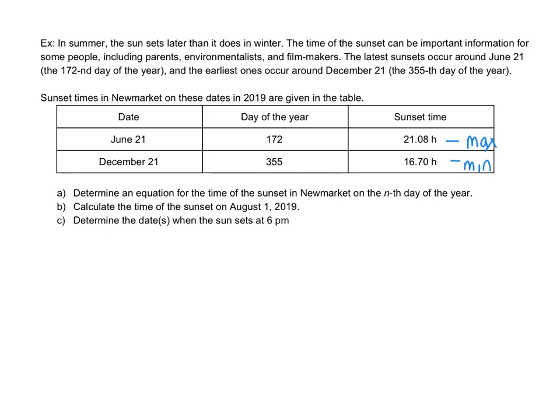So right there, if we know the time from maximum to minimum, to get a full cycle would mean to go back to the maximum, but this is just half the period. So if I subtract 355 minus 172, I get 183. So 183 would be half the period. So I'll just make a note of that right now: 183 days